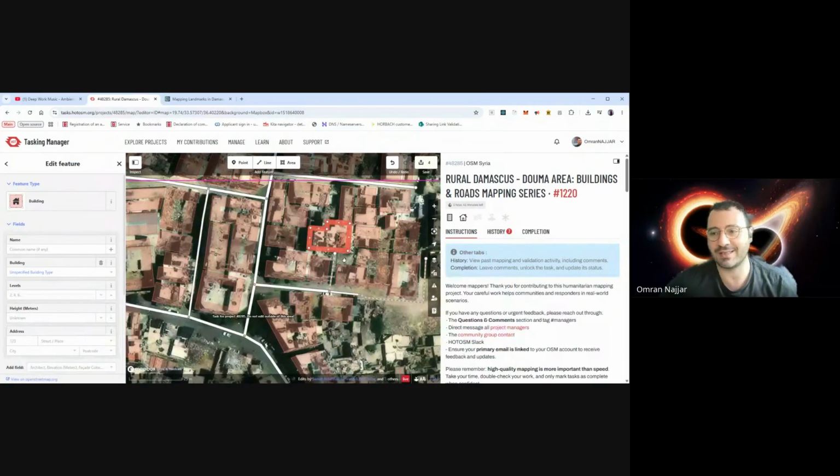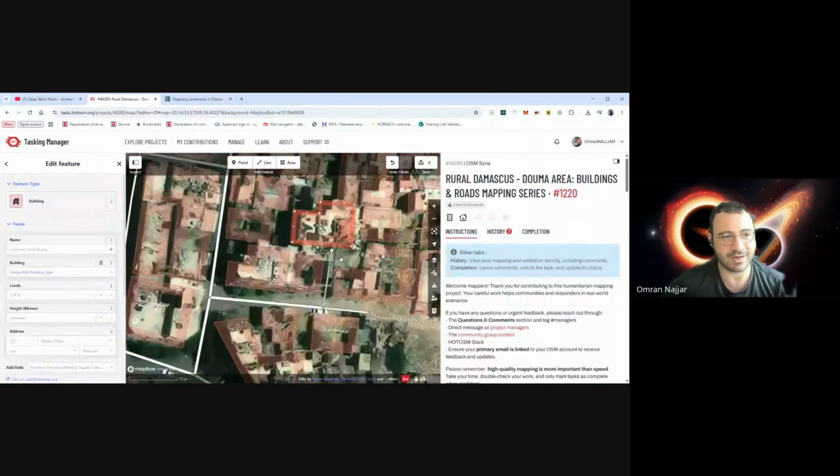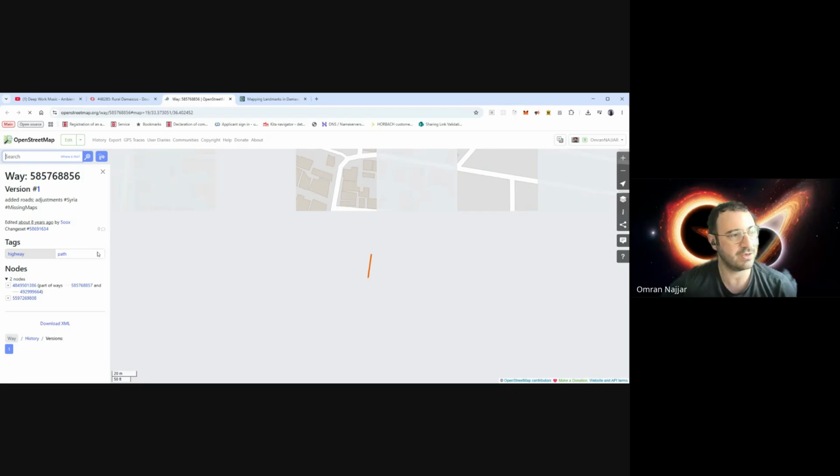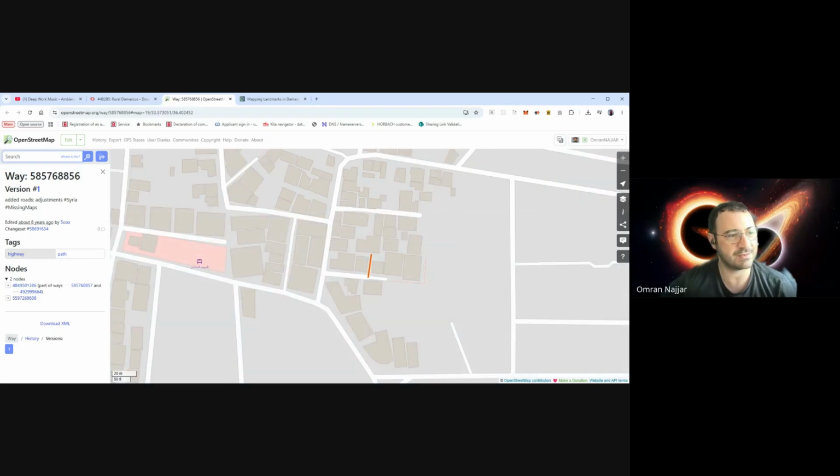This is one of the things I have in mind whenever I do mapping. Then I noticed there is a path here, although it's not a clear path, but someone has mapped it before, so I'm going to trust what has been there. In order to check this path, I can go here. This is the view in OSM. It will open a new tab and tell me that this user mapped this pathway